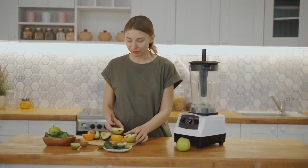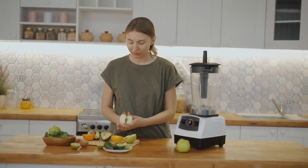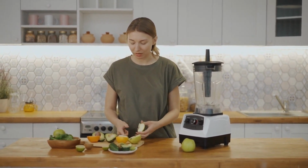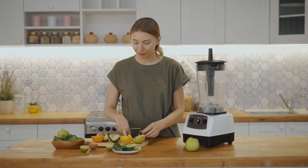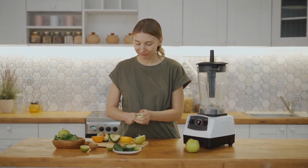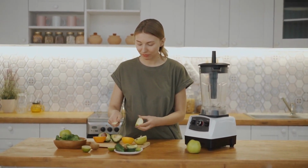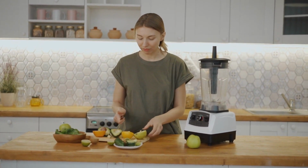Nutrition plays a crucial role in the dual process of muscle building and fat loss. A balanced diet is essential to provide the body with the necessary nutrients for muscle growth, while creating a calorie deficit to support fat reduction. Emphasizing the consumption of lean proteins, complex carbohydrates, and healthy fats is vital for meeting the body's energy demands and